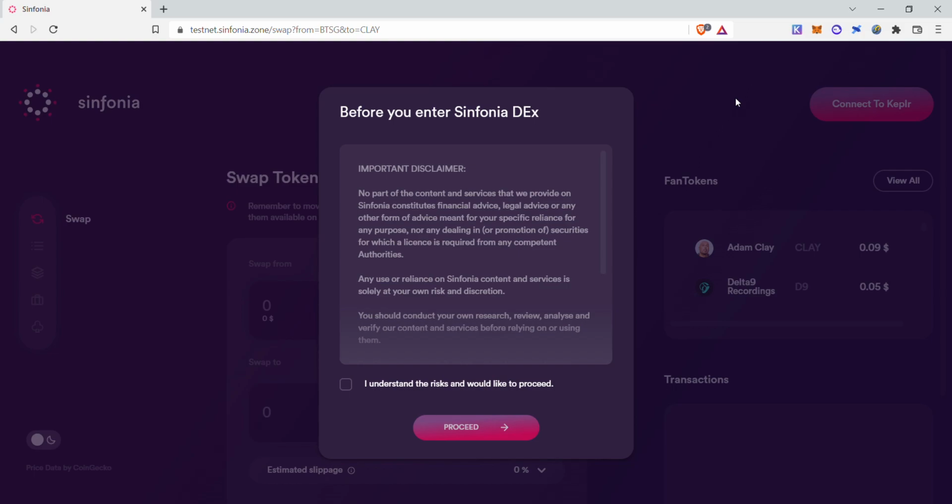Hi there, this is a quick introduction of Sinfonia. Sinfonia is a new application for music fan tokens, which is fully developed by BitSong and it's operating on the Osmosis blockchain. Sinfonia works as a market maker for the music fan tokens, allowing IBC transactions between the supported IBC-enabled